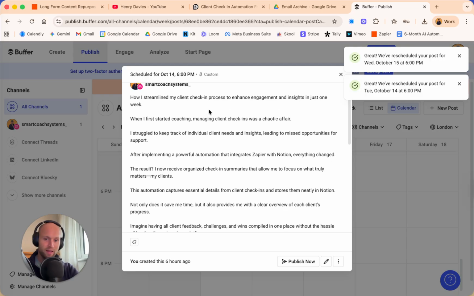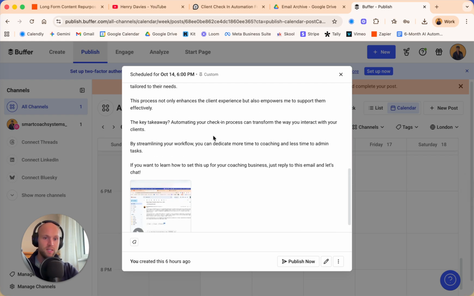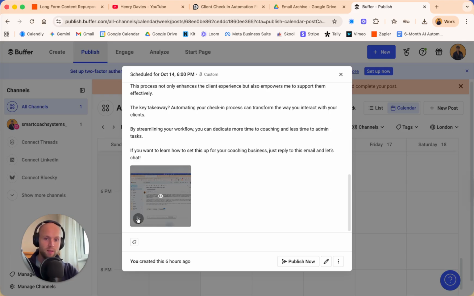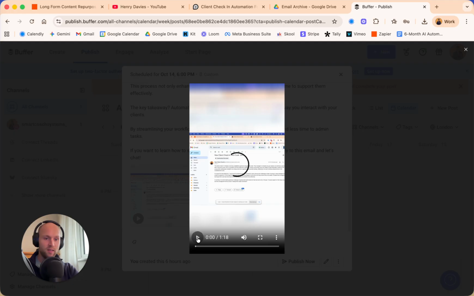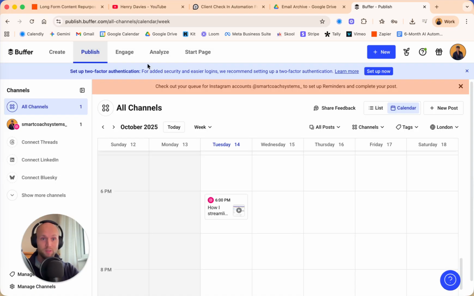So it's got that email transcript that it's created. It's used that as the format for the text for the video. It's then pulled the video from Opus Clip, and as you can see, because we set within Opus Clip the removal of filler words, it's also clipped it up neatly so that it hasn't got any kind of ums and ahs in the video. And that has gone straight into Instagram, ready and posted at the time we want it to be ready to post it onto our own